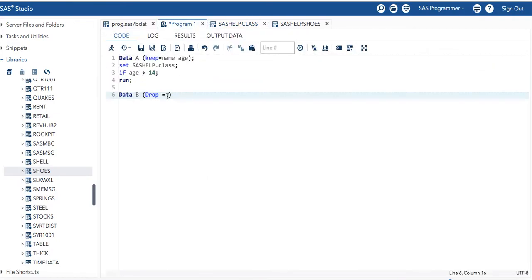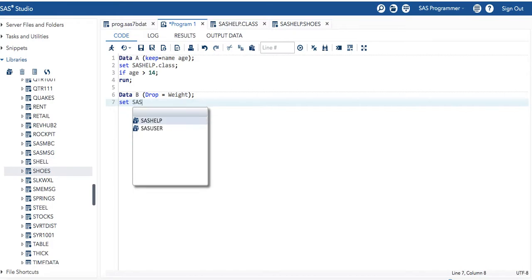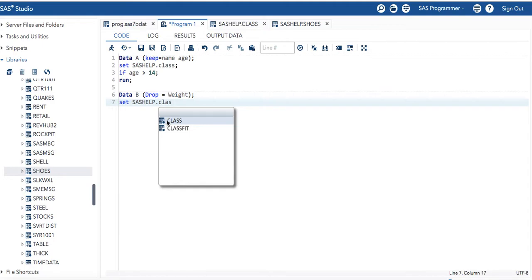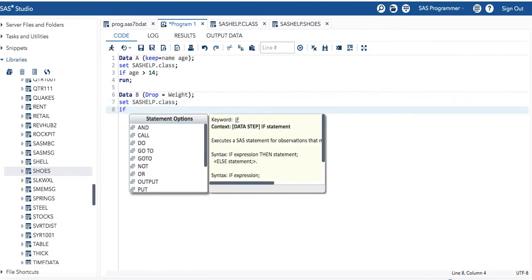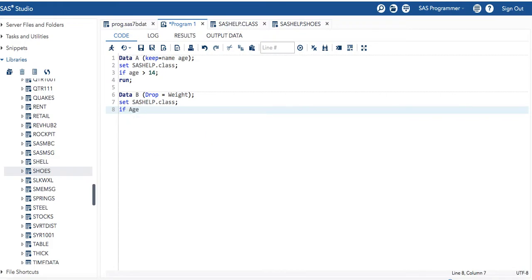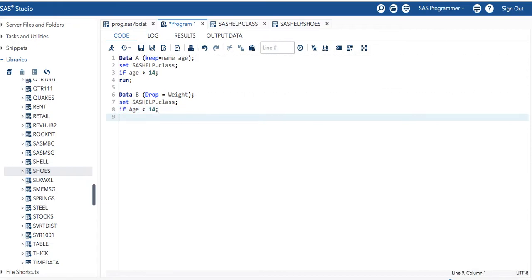I'll just drop that column, say semicolon and then set SAS help dot class, and I'm saying if age is less than say 14. Let's run it.